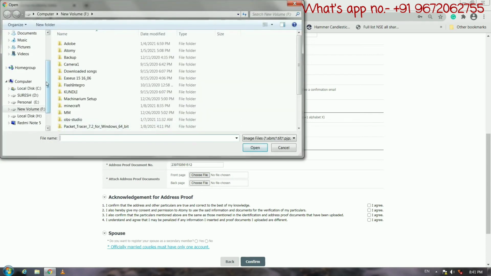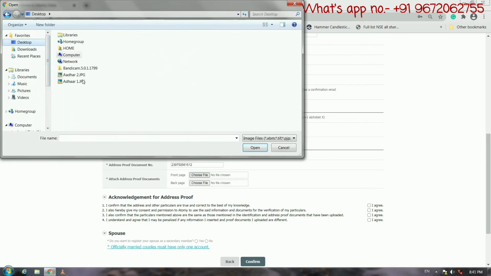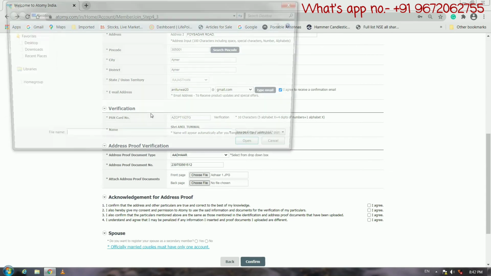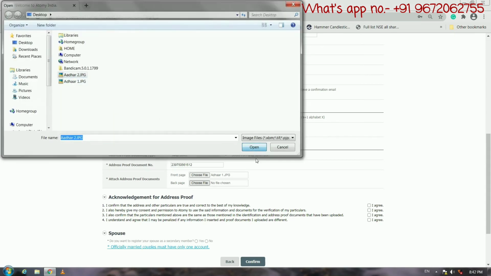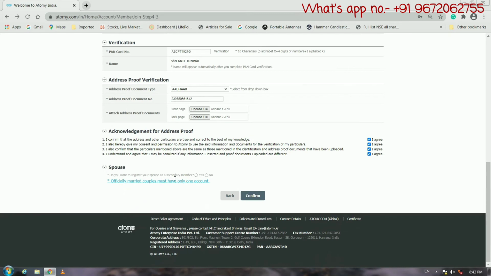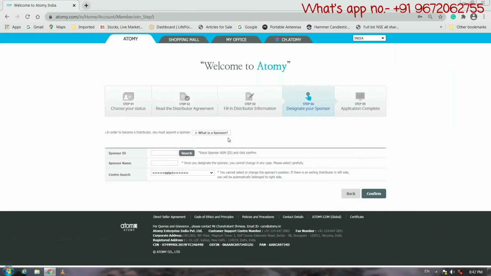In the registration for the India region, it is mandatory to upload the file. And then you have to click all the I agree buttons, and under the spouse category you have to click on no and click confirm.